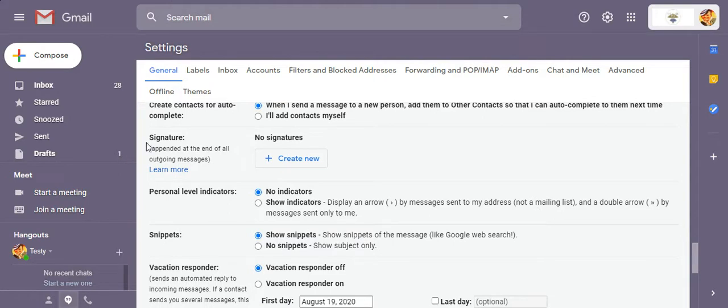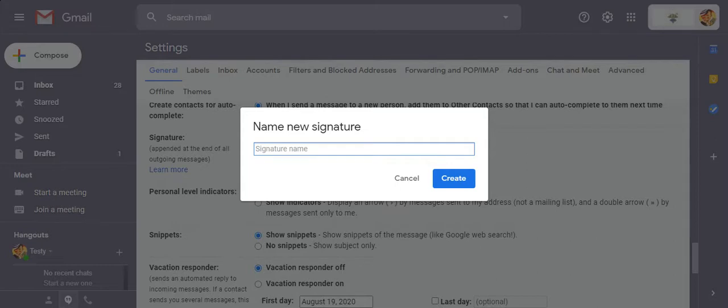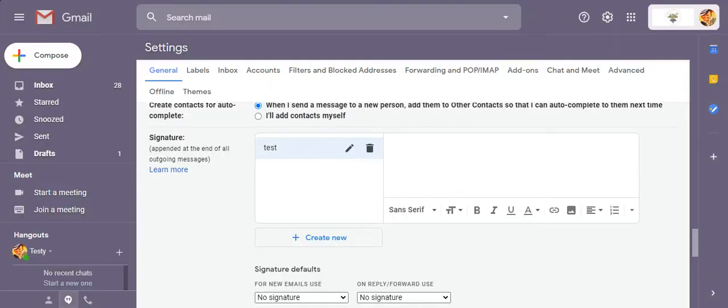Now here is where you can set a signature. At the moment this account has none, so we create new. I'm going to call this test, so you name the signature that you want to use. So for staff here,